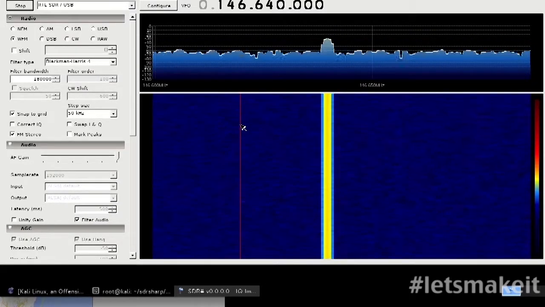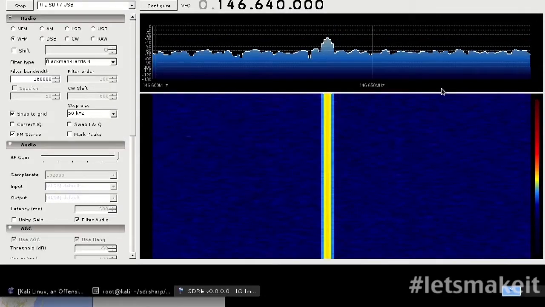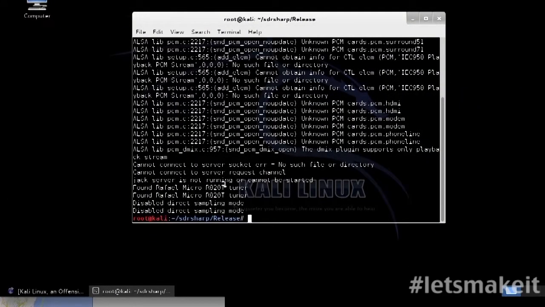I'm actually working on something now where, if you're close to the water, you can figure out where ships are located. Now there's the whole SDR thing that I was just doing with the airplanes. Let me get out of this and go back and I'll restart that. But the whole thing with the airplanes